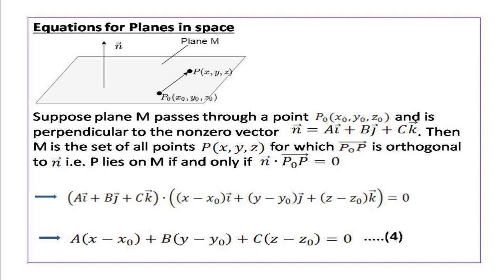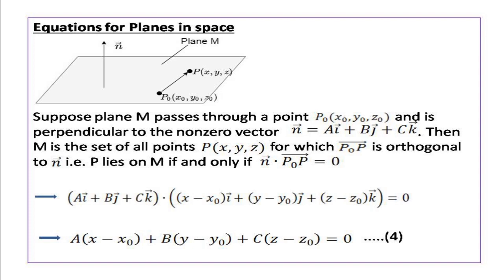We know vector n is a vector i plus b vector j plus c vector k, and vector P0P is x minus x0 i plus y minus y0 vector j plus z minus z0 vector k. So, substituting these values of vector n and the vector P0P and simplifying, we have the equation